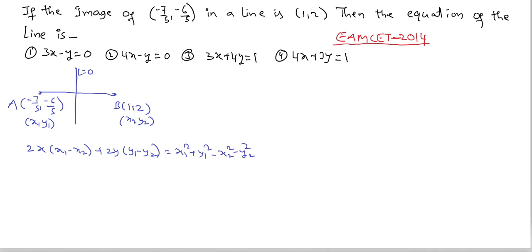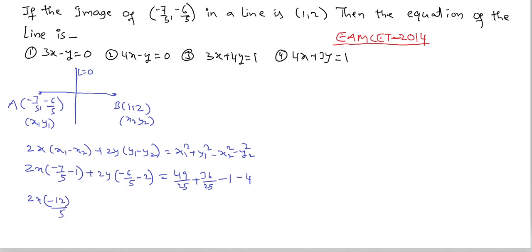Substituting the points A and B in this equation: 2x into (minus 7 by 5 minus 1) plus 2y into (minus 6 by 5 minus 2) equal to 49 by 25 plus 36 by 25 minus 1 minus 4. Taking LCM: 2x into minus 12 by 5 plus 2y into minus 16 by 5 equal to 49 plus 36 minus 5 into 20 minus 120, that is minus 24x